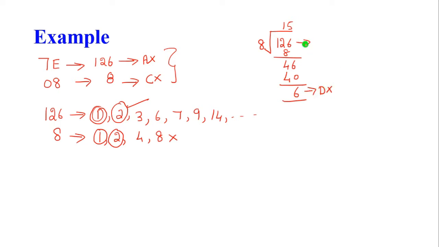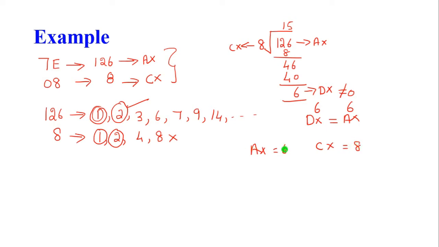This is for AX and this is for CX. Okay, this is for DX. Now we are going to check whether this is equal to 0 or not. This is not equal to 0. Then what is going to happen? First, the 6 value is moved into the AX register. In the program, the DX value 6 is moved into AX. Now the AX register contains the value 6 and the CX register contains the value 8.